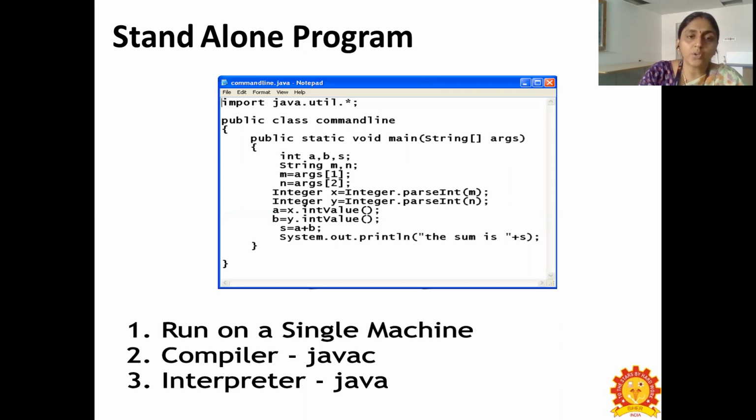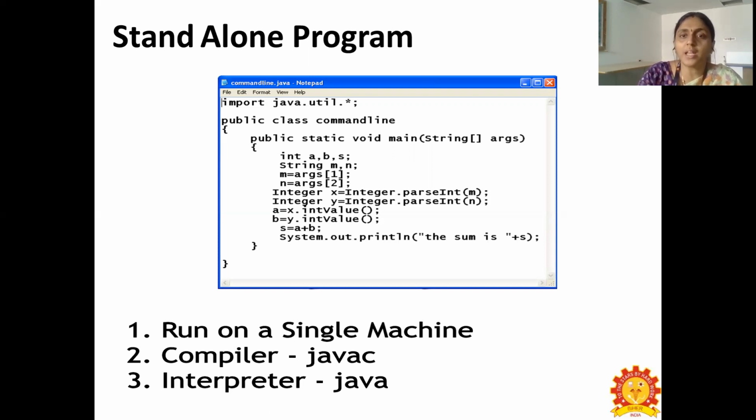Then we retrieve the integer values from the integer container class and store them in a and b respectively. Then you add the two numbers a and b and display the sum value. This program does not require any input from any other computer.